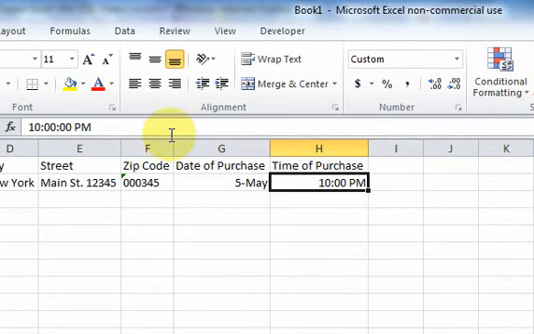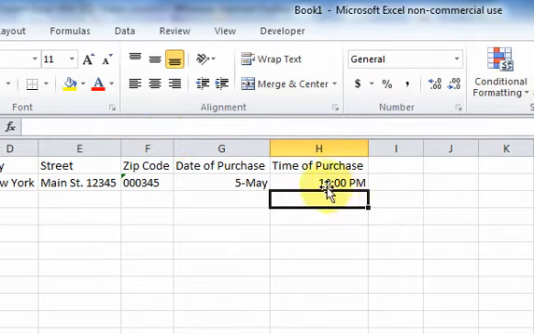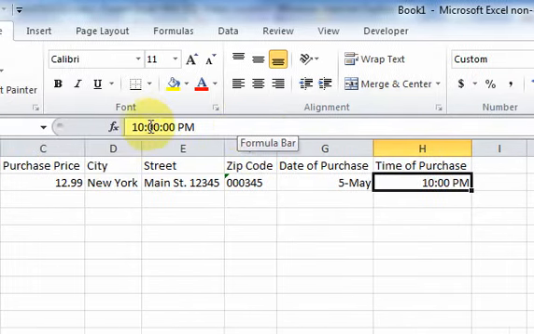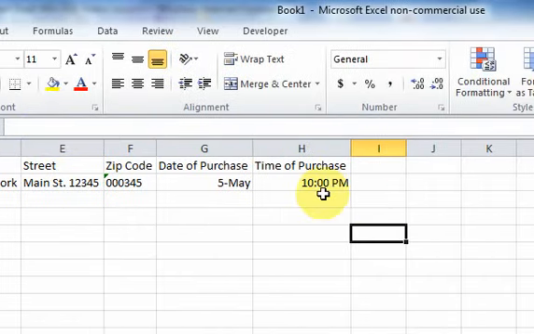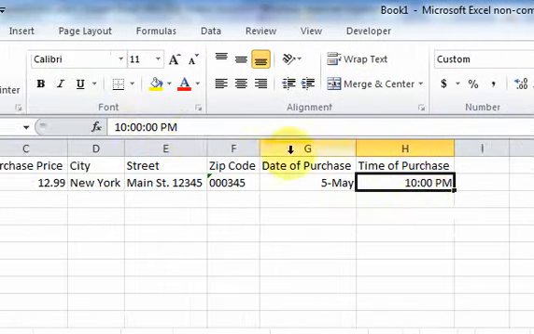Or you could enter 10 instead of just p. You could enter 10 p.m., and that means a time of 10 p.m. And notice here in the formula bar, there's even an hour, followed by the minutes, followed by the seconds here. So that's something to notice too. You can put in hours and minutes and seconds. So we could even do something like this: